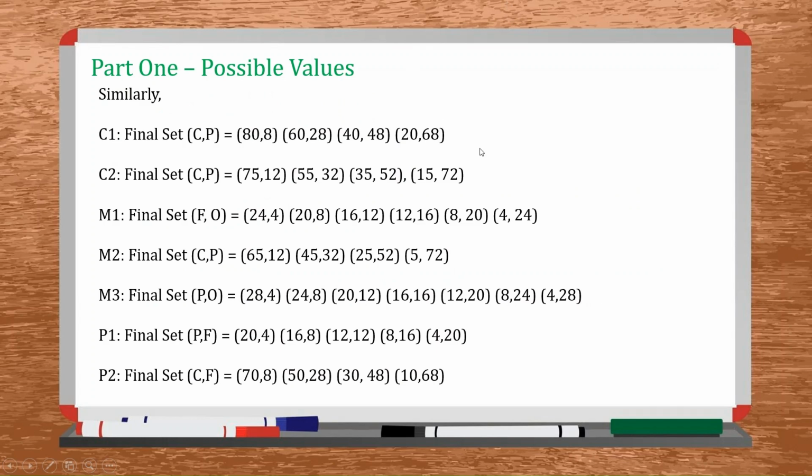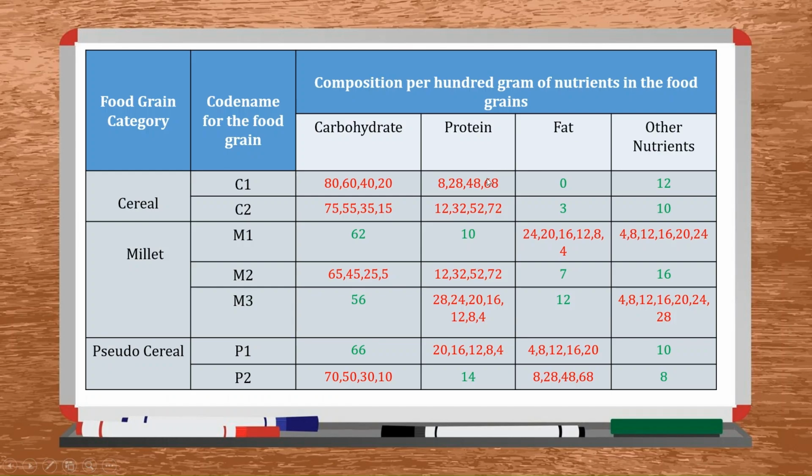So we can have all these final possible values of all the seven food grains here in the same way that we calculated for C1 and P1 respectively. Now, if we just review our table and add all the possible values, this is what we get. Now, let's look at the other three points that we have and try to funnel more of these values of